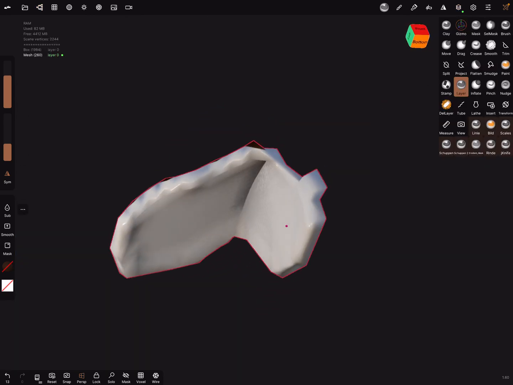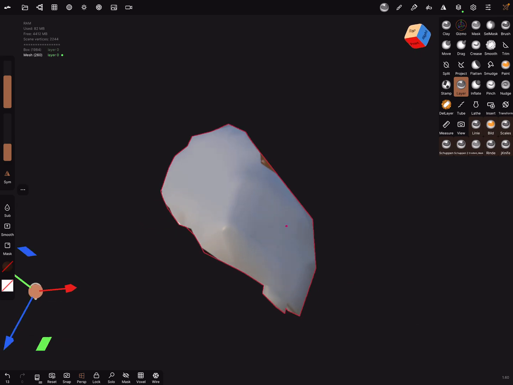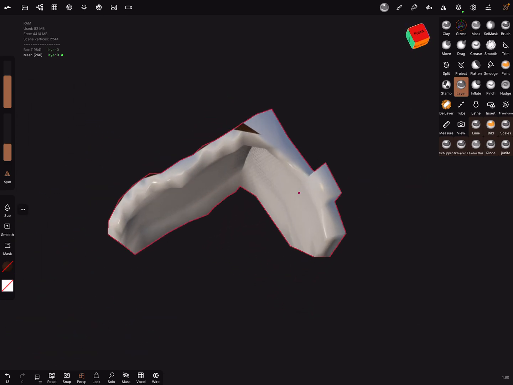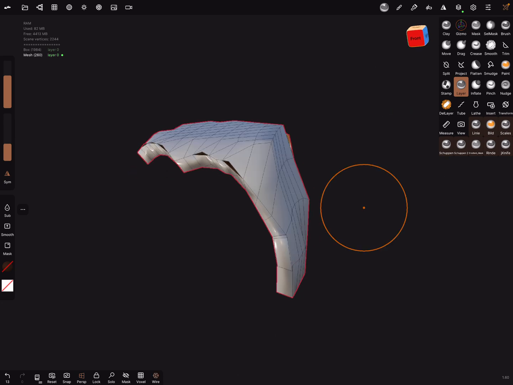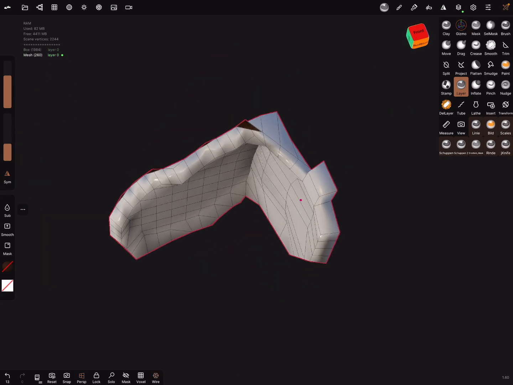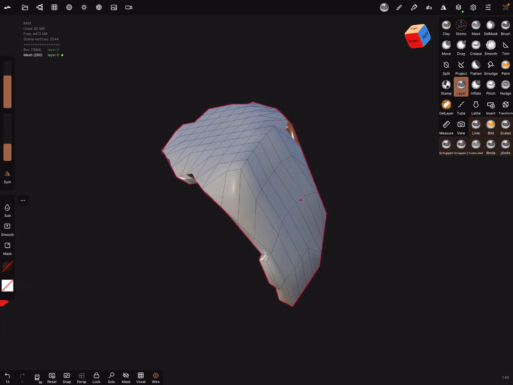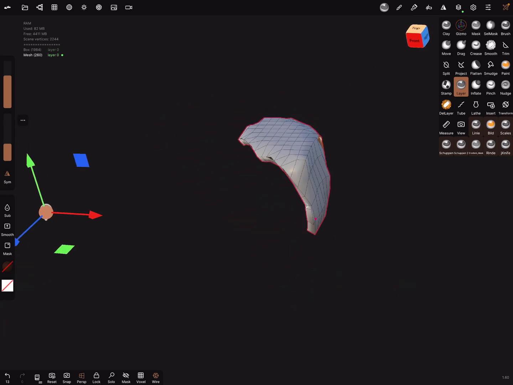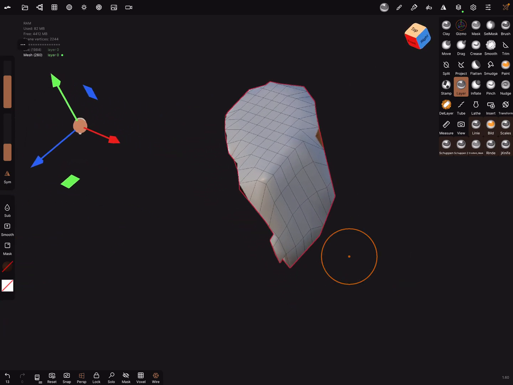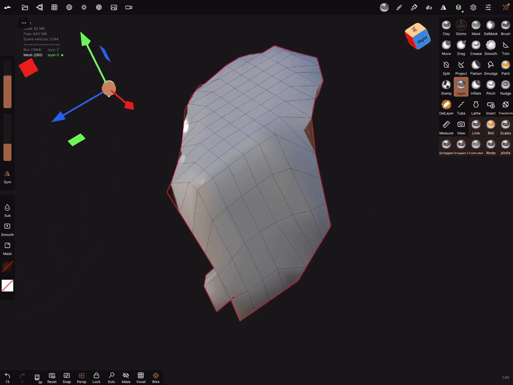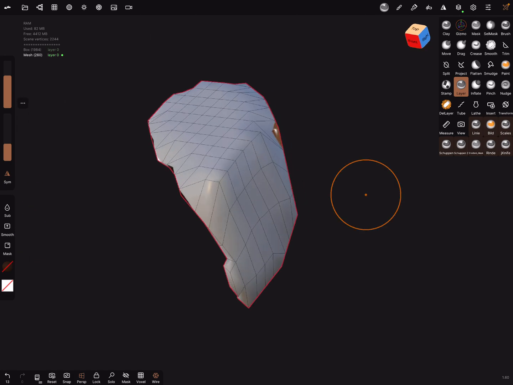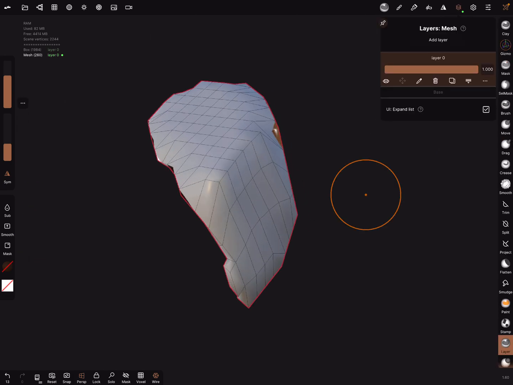The shell looks like this. Yeah, I think the mesh is really low, but it works fine. So you can extract parts of your model from the layer. It's very useful.